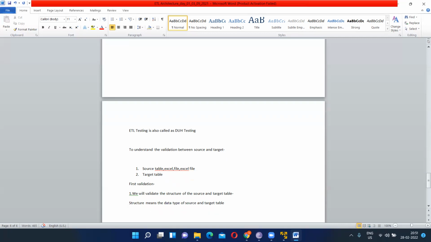Then next is the length of the source column and the target column. Suppose I have written varchar 2. So varchar 2, that means what? There can be 2 characters. So in the target, either it can be 2 characters or it can be more than 2 characters